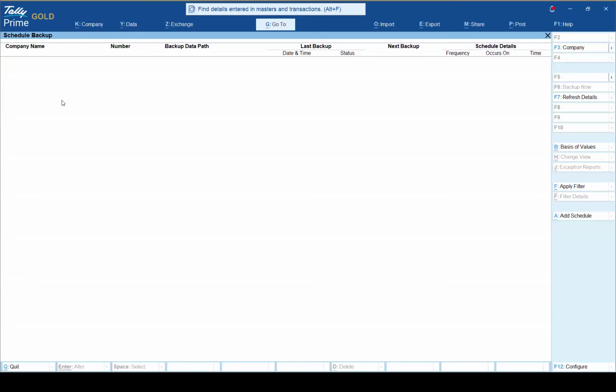So here you can see we have not scheduled any backup. This is the report where you can see how many backups you have scheduled, and it will give you all the details like what is your company name, where is the data path stored, and what was the last backup date and time, what is the status, and when is the next backup happening, and what is the frequency you have set for this backup, and what is the time. So let me just go to add schedule,